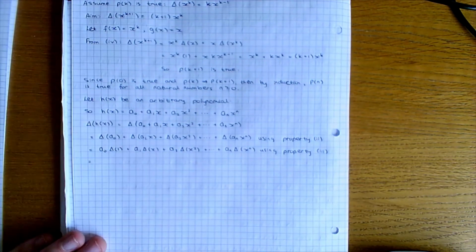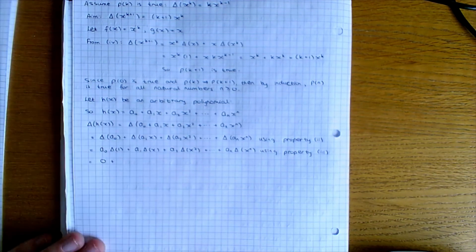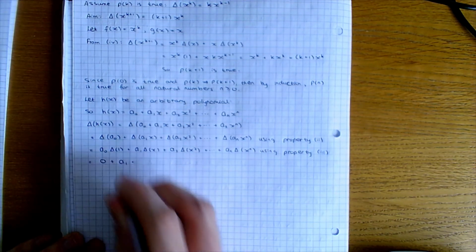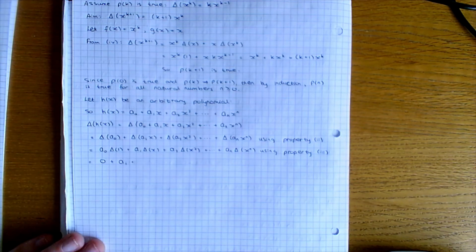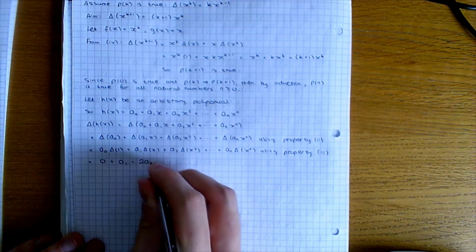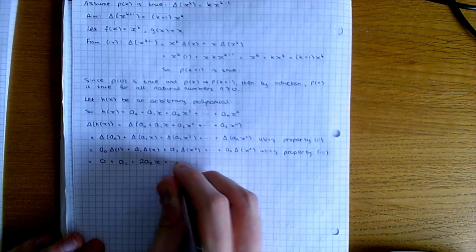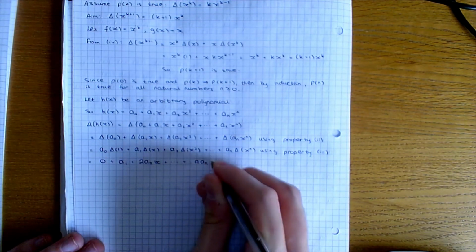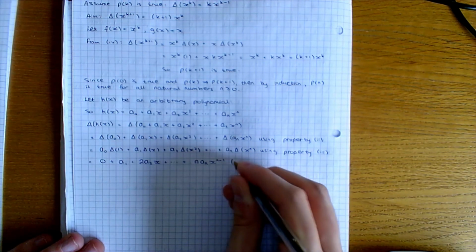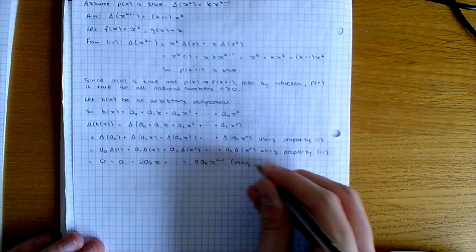And so this can be written as, well, this is 0 plus a1 plus 2a2x plus etc. up to an x to the n minus 1. And this is using